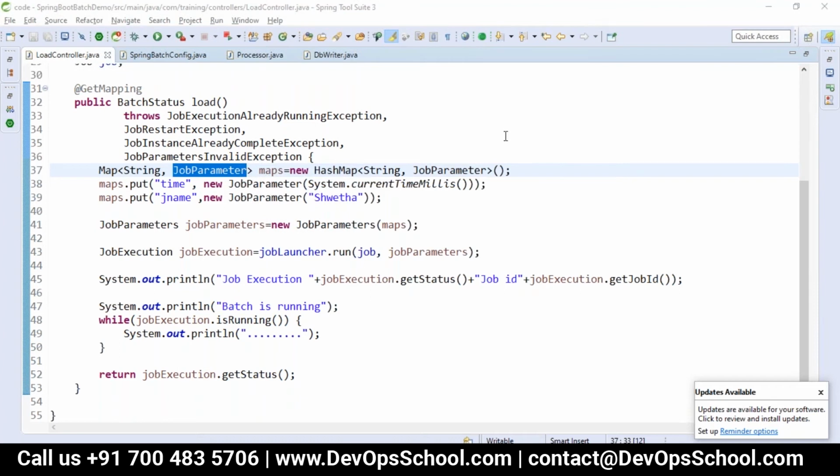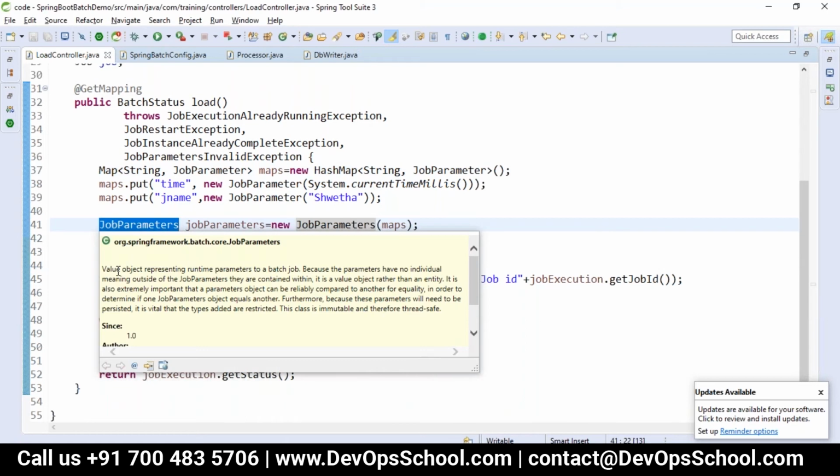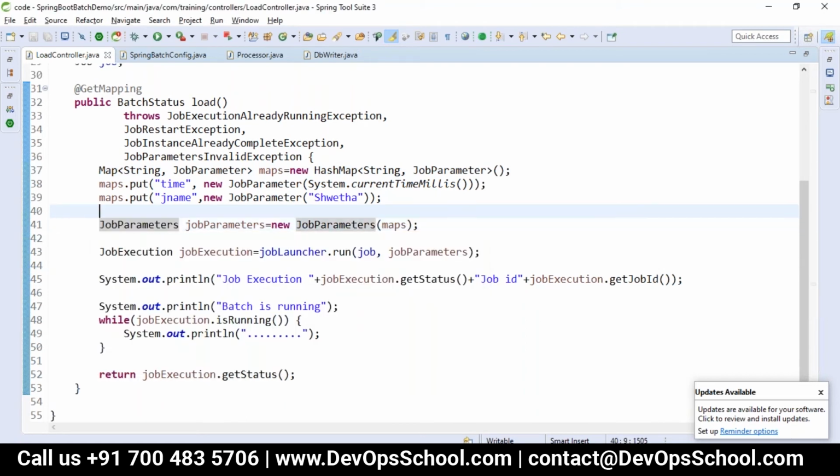Yeah. So apart from what data we have, if you want to send any other parameters for your job, then we'll take a new enum or the class which is called job parameter. All the job parameters we can send to the new job parameters, which takes multiple. It represents runtime parameters to a batch job. That job parameter we have to send to the job execution.